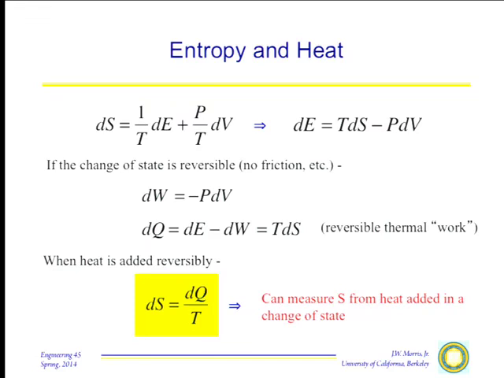Turns out if I define things right, and this involves a little more mathematics I don't want to go into, you can show that I can measure the entropy in a way called the metrical entropy. This T is not just the temperature, it's the absolute temperature, in degrees Kelvin. And therefore I can actually measure the change in entropy by going through processes, measuring the heat added, measuring the temperature, and integrating to find the entropy. So this entropy, which is time, is also intimately associated with the heat transfer, at least the reversible heat transfer.